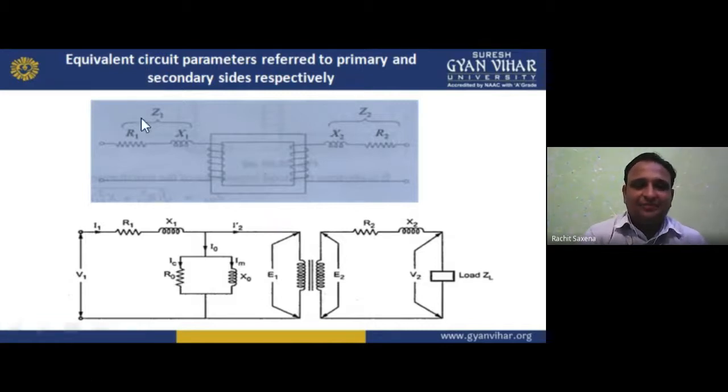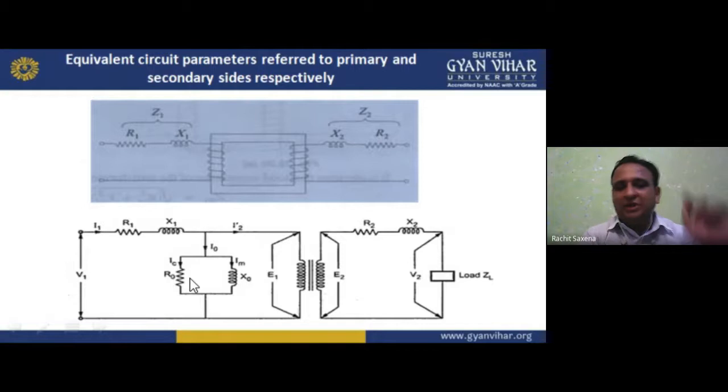So we can see here Z1 and Z2, and this is your core. R1 is the resistance of the primary winding, and X1 is the reactance of the primary winding, and one current is I1, which divides into two parts. One gives the I2 dash, and the other part is I0, which is converted into two components: the copper loss component IC, which you may also find as IW, and the other is IM, the magnetizing component, which produces flux for you. Then we have the I2 dash. This current is to counterbalance the secondary current.